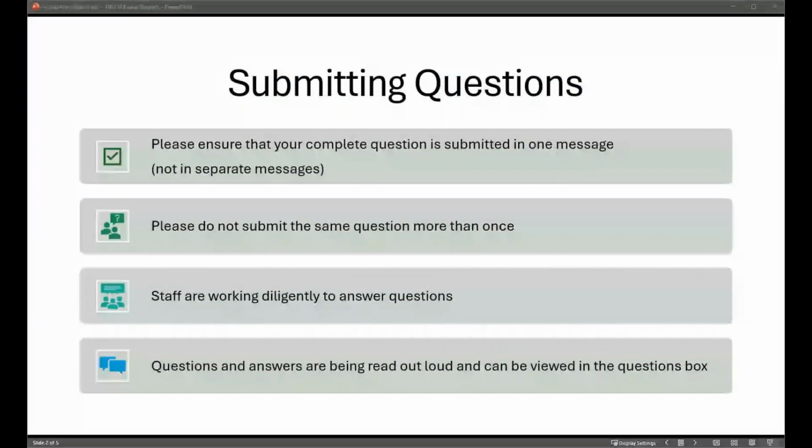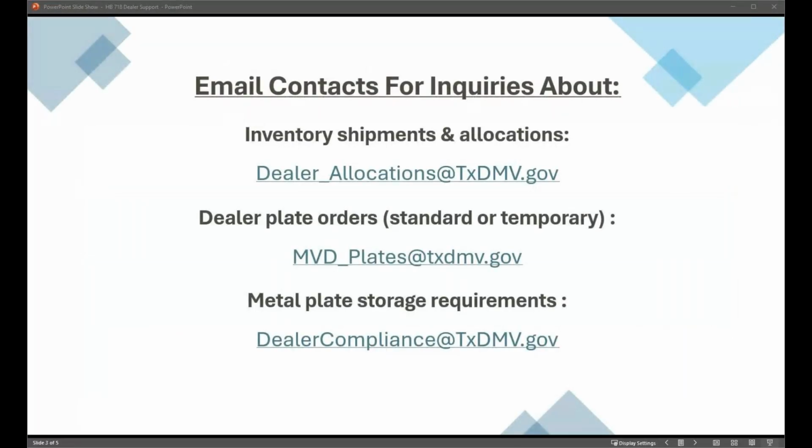So if a customer has specialty license plates such as a disabled persons plate or a disabled veteran plate, you are going to be able to assign those to their new vehicle. You are going to use that customer supplied option. Yes, you are going to be able to transfer those plates.